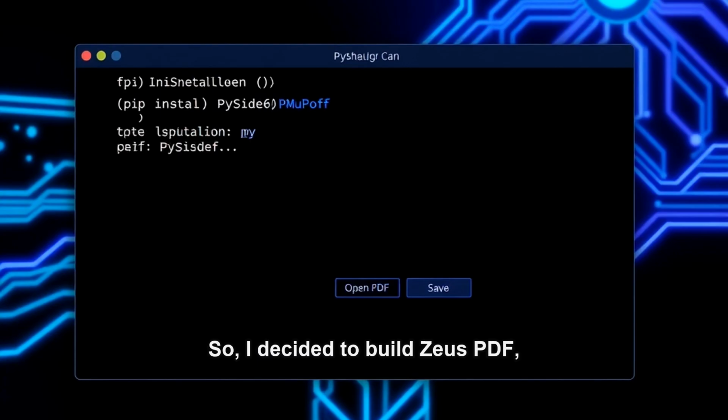So I decided to build Zeus PDF, a dedicated desktop application using PySide6 for the UI and PyMuPDF, also known as fitz, for the heavy lifting of PDF manipulation. The initial prototype was straightforward enough for the core PDF functions, but I quickly realized that any useful PDF editor absolutely needed a robust undo and redo system. Without it, even the simplest mistake would require redoing an entire sequence of operations, which is just not acceptable for